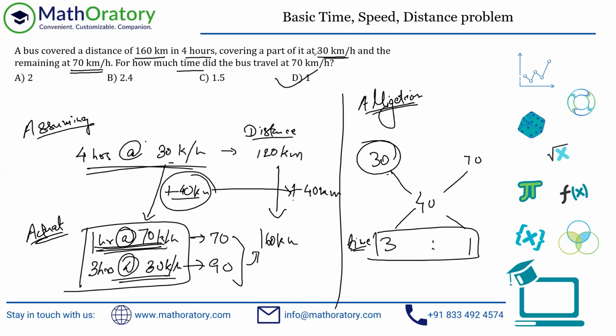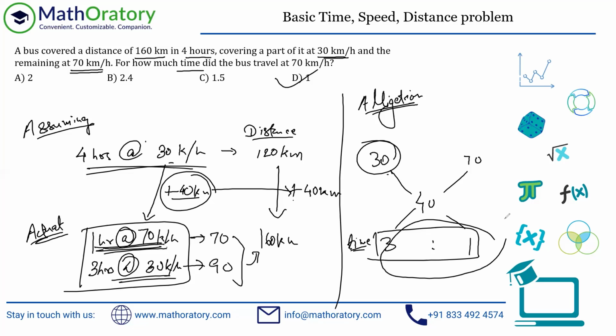So speed is distance upon time. The reason I was saying notice the unit is that in this case you would be aware that speed is distance by time, but for any arbitrary question, whenever you're applying alligation, if you're not sure what the rate is, what by what, just notice the unit. Okay, so rupees per kg. Notice the denominator, it is kg. So in this case it is kilometer per hour. The denominator is hour, so that is time.